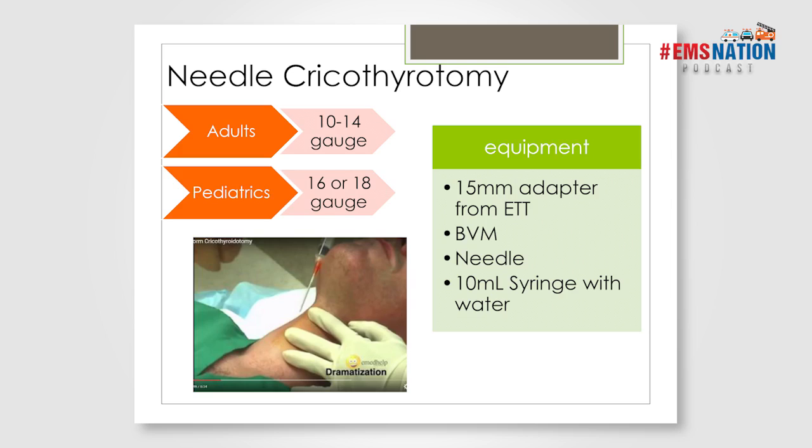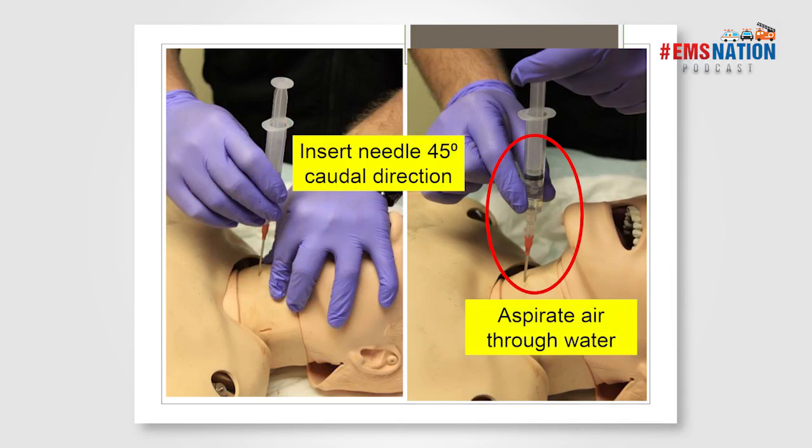And then what you want to have is a 15 millimeter adapter off of your BVM. I highly suggest, since you clearly can't buy these kits, that you pre-manufacture it. Have your BVM ready, a needle, and a 10 cc syringe filled with water. I take my catheter and put my syringe, half filled with water, on my needle, and as I am poking through the cricothyroid membrane